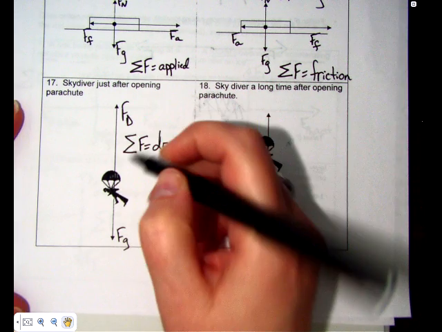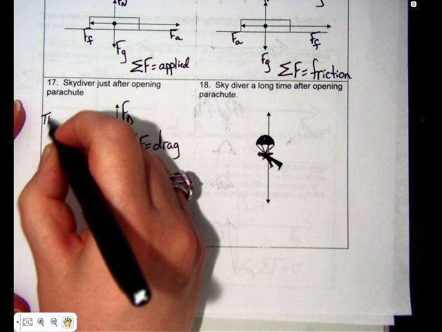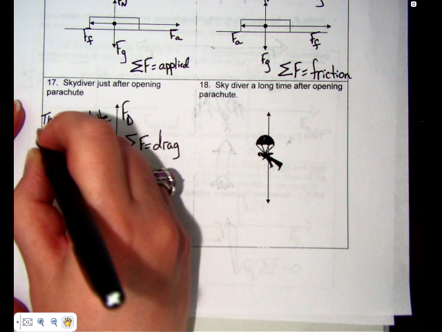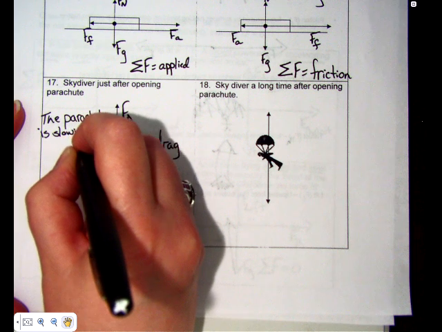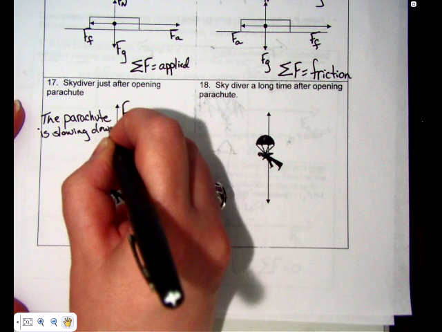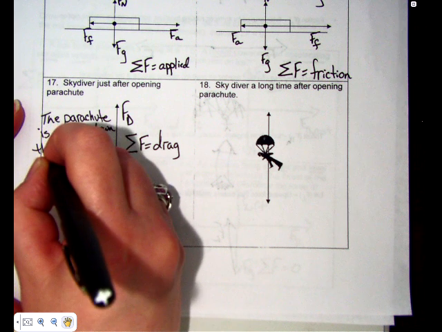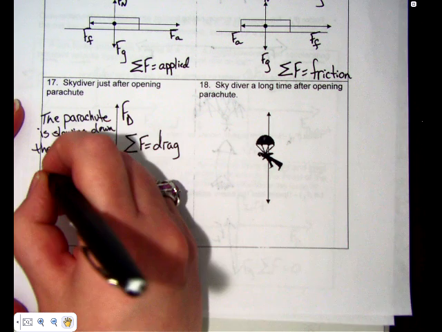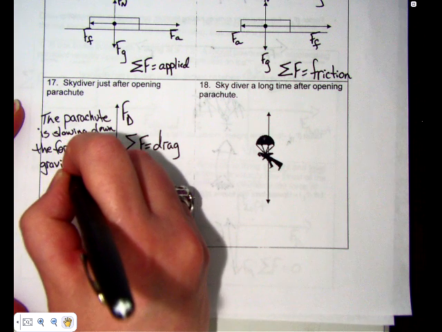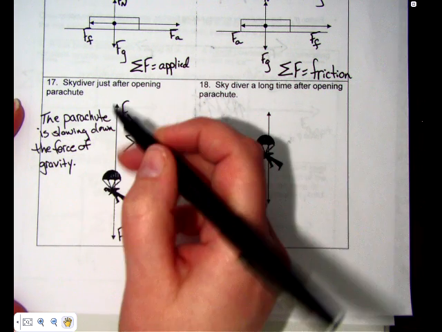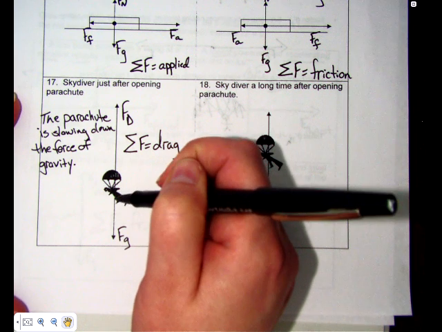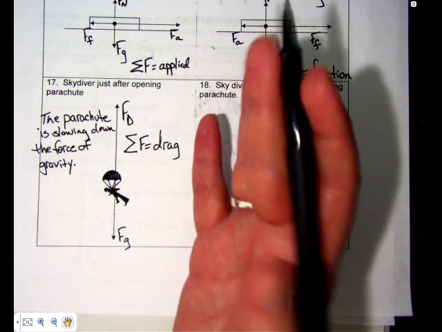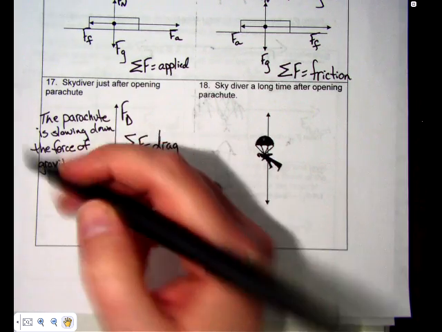Okay, because the parachute is slowing him down. When he was falling through the air, he was going at a pretty fast speed, and so in order to slow himself down so he doesn't hit the ground at terminal velocity, the parachute is supposed to slow